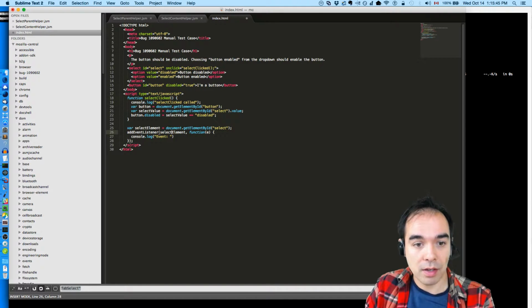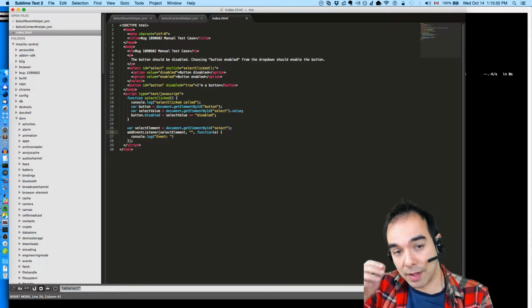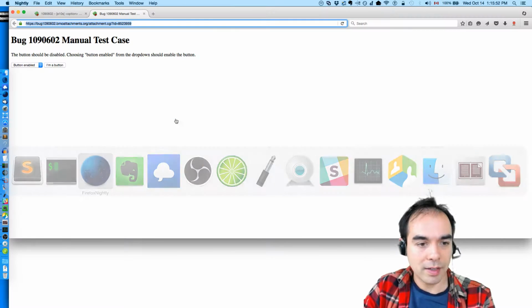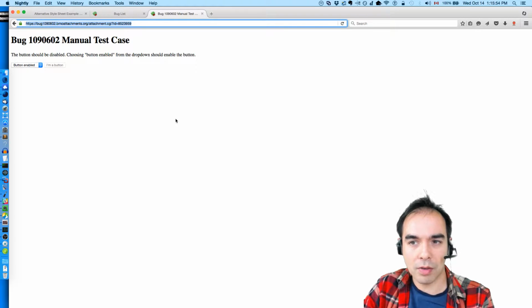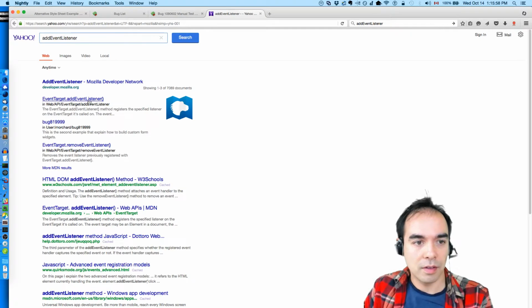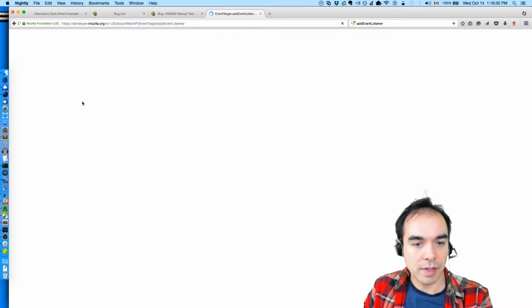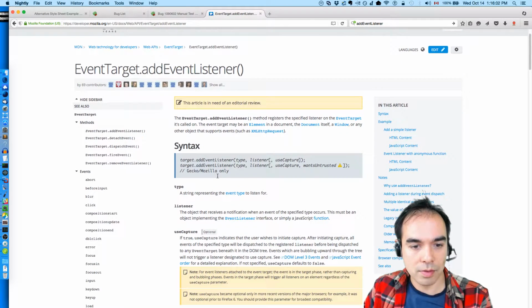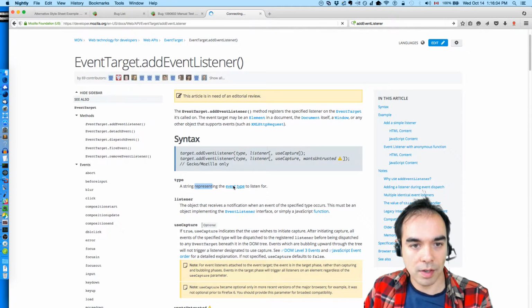Now here's the thing, I normally have to give it a type of event. Is there a way I can listen to all events? I seem to recall there may have been some way of doing that. Add event listener. Is there like a wildcard I can use? Event type.